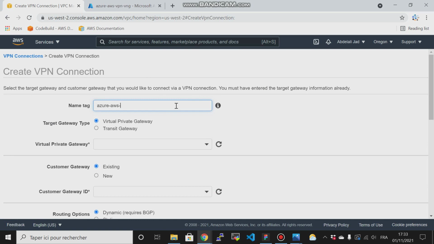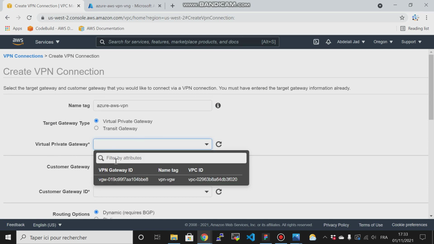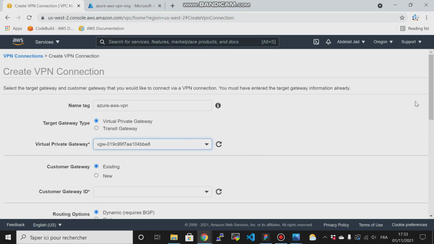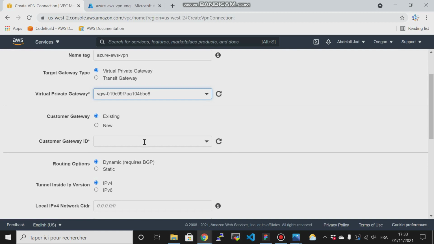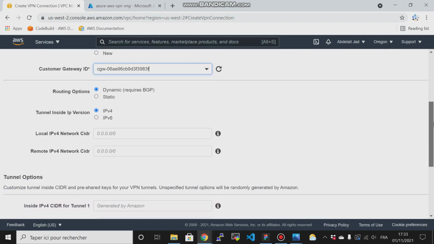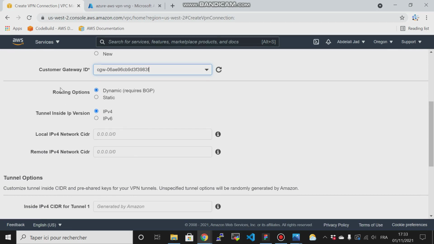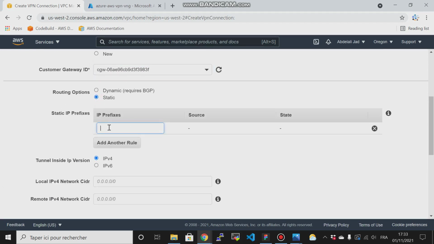AWS VPN. So our virtual private gateway, I will choose the one that I have created. And for customer gateway, I will choose the one that I have created as well. And here for routing options, make sure to choose the static. And here the IP prefixes, you have to enter the IP address of your VPC on AWS and your virtual